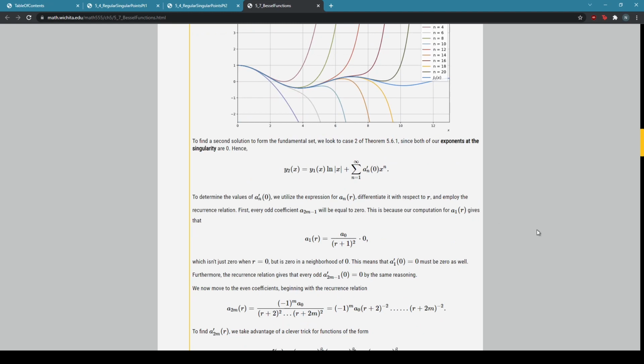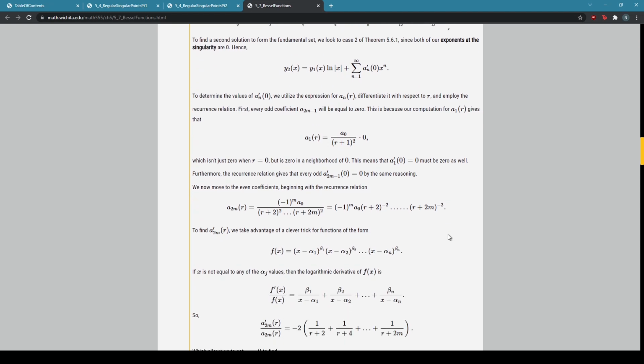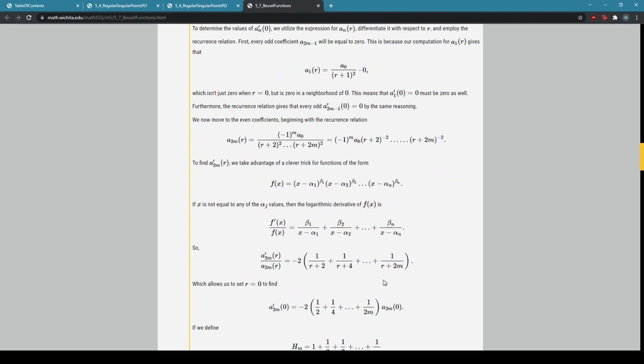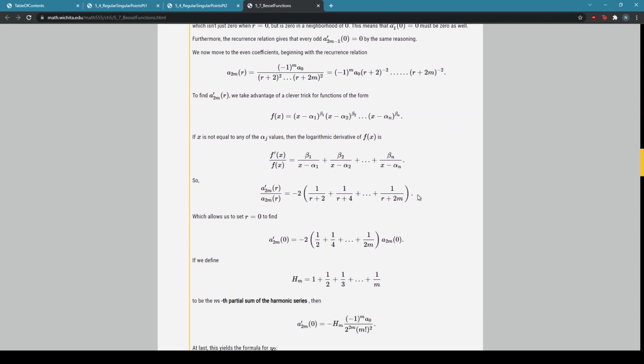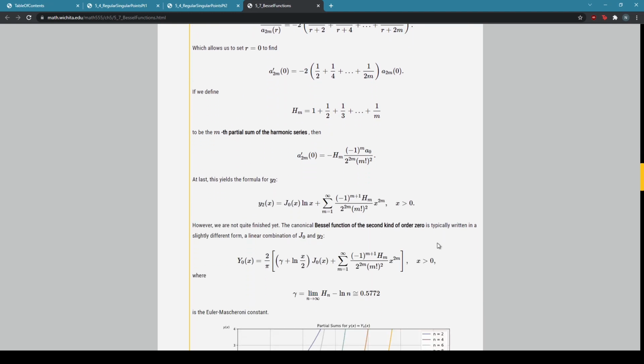So we're going to need to differentiate with respect to the value r in order to get all that put together, right? And there's a cute little computational trick that's used here in order to generate a formula for this. Okay, and what we end up with is